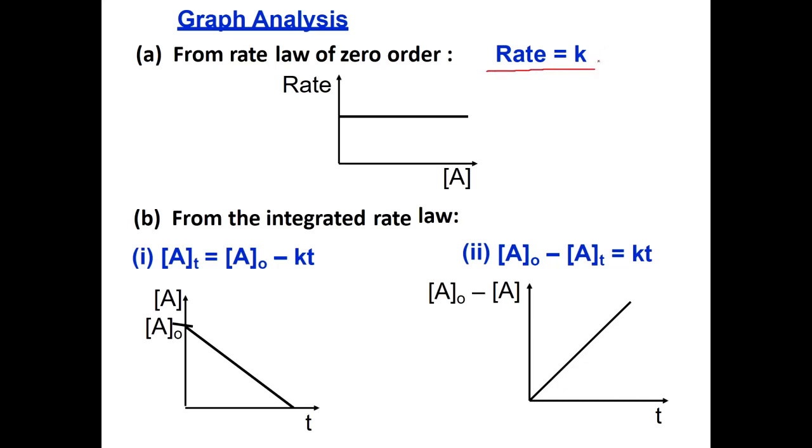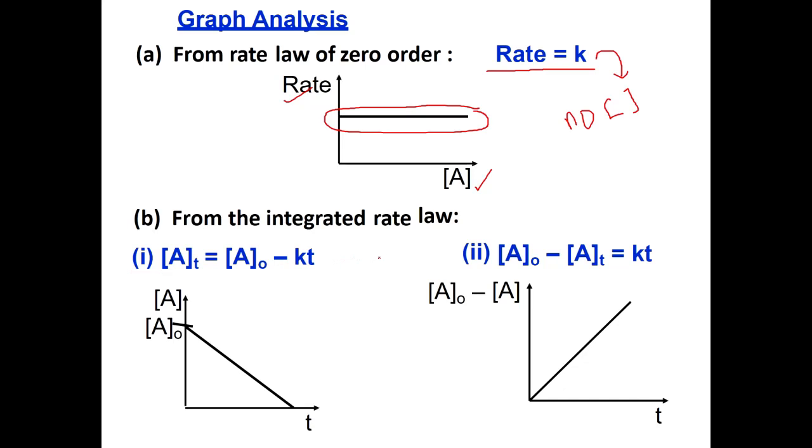For zero order there is no concentration dependence. When you plot the rate versus concentration A, your graph will be like this. It's constant. Then for the integrated rate law,